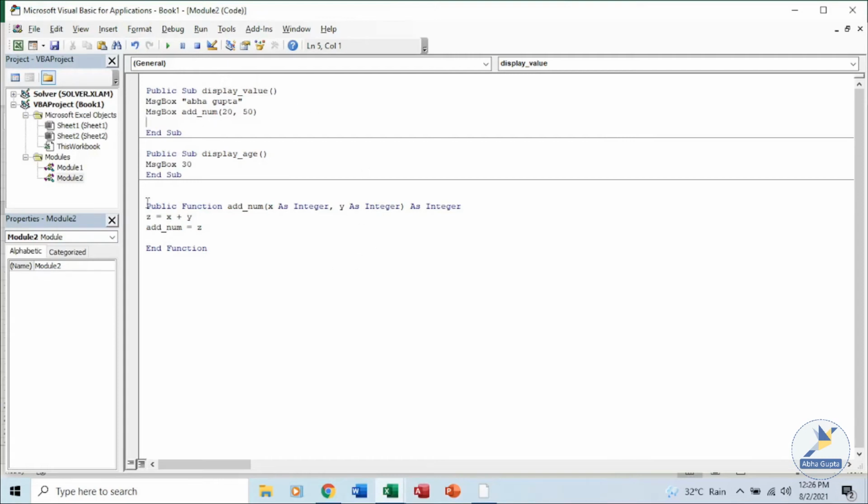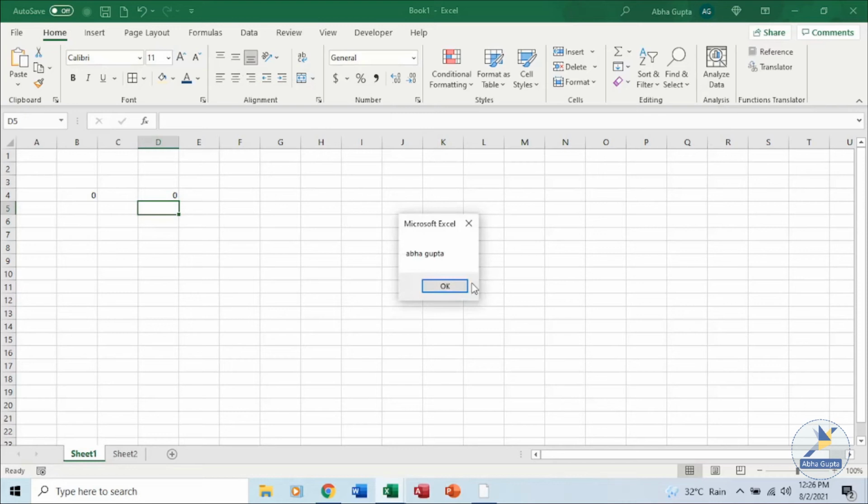So the value is being returned over here, and this sub and end sub are calling this particular function. Let's run this display value macro. You can see the first statement was the name, then it has done the calculation, the values which we have passed over there, and it is displaying the answer.